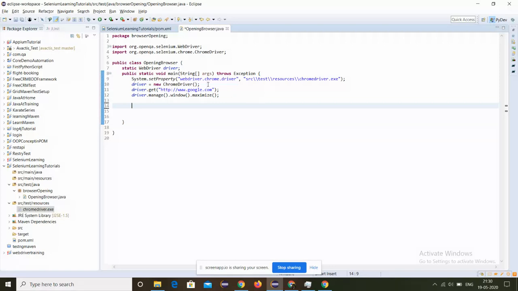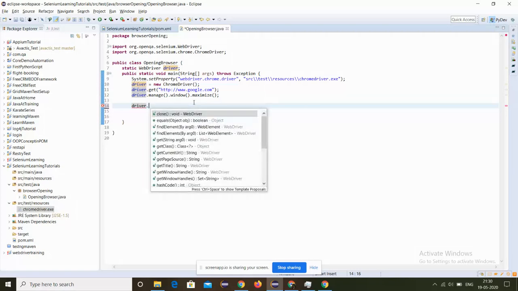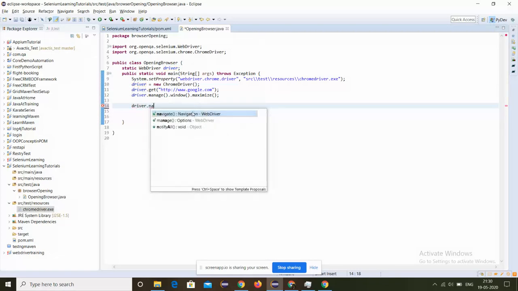Going forward from the previous video which we left, we have already opened a Google browser. In this video we will cover one more method, that is driver.navigate. Navigate is a method in Selenium which is also used to go to a URL. In navigate there is one more method, that is to.